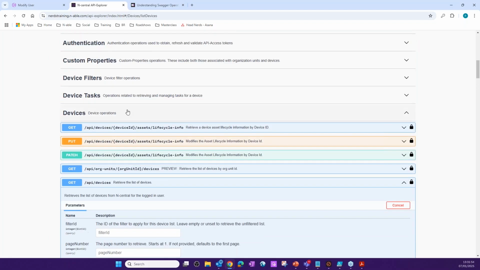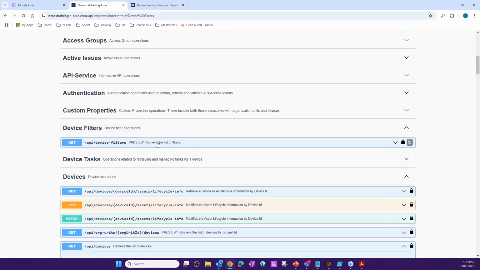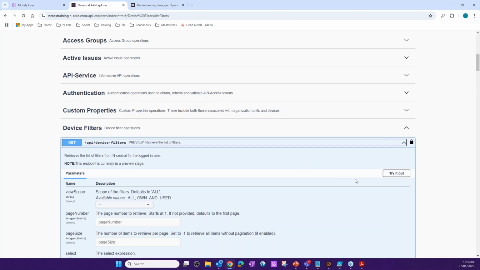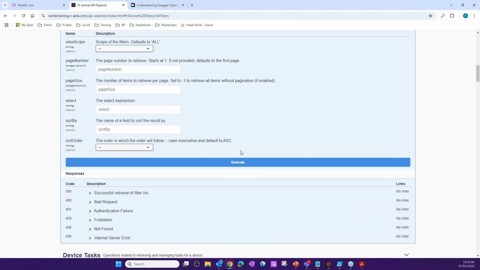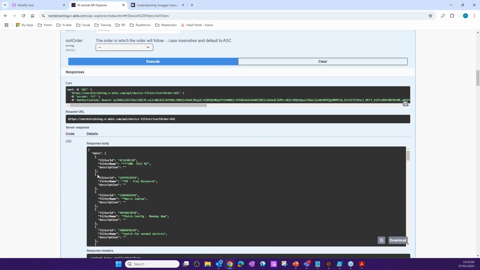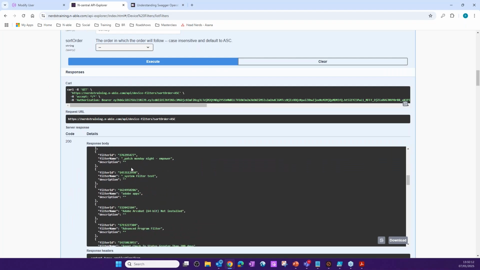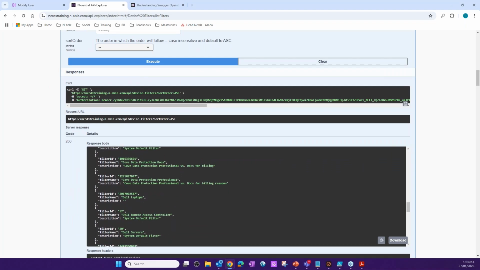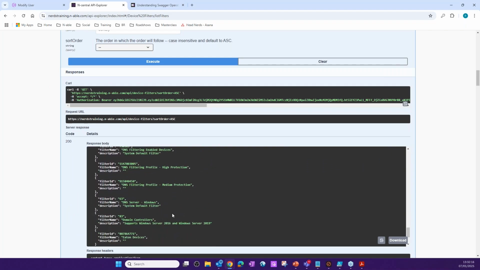So if I wanted to actually get my device filters, first of all, and find out what my Windows Workstation laptop filter was, for example, you can come in here, you can try your device filters, you can execute that, and you can get a list of all the different filters that are available to you and the filter ID. So if we scroll down towards the bottom, well, we have,